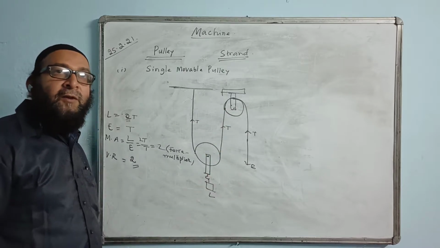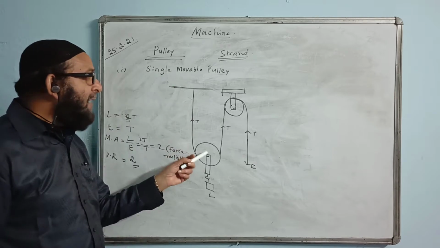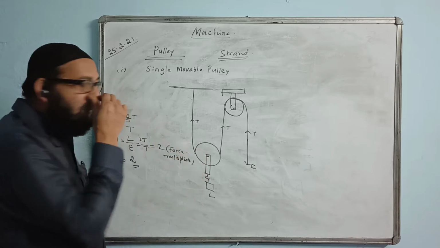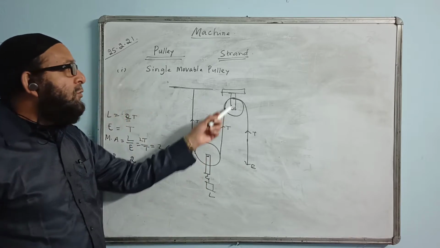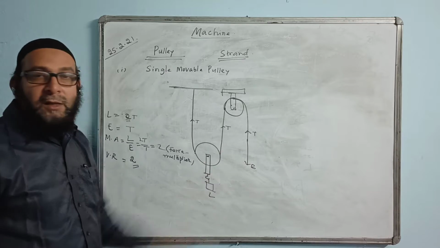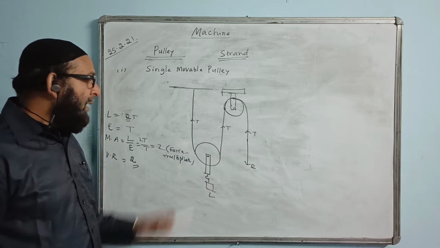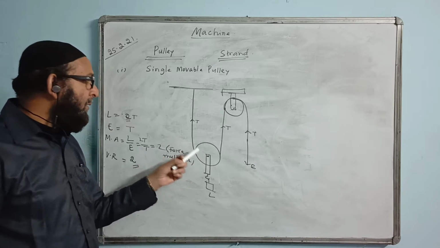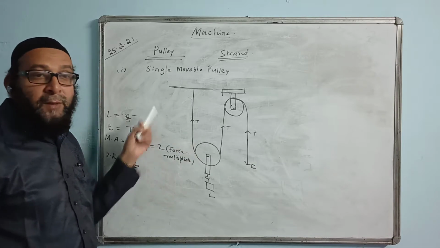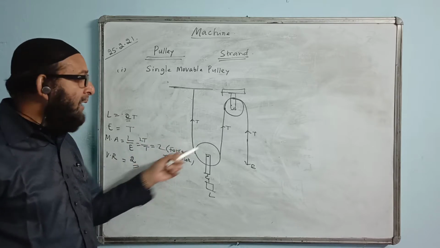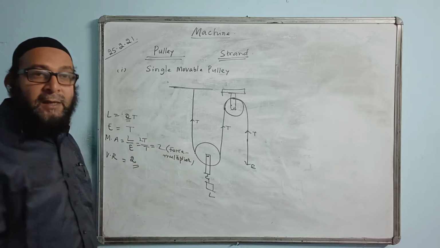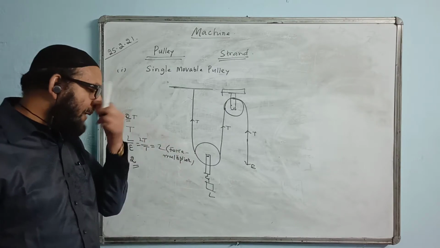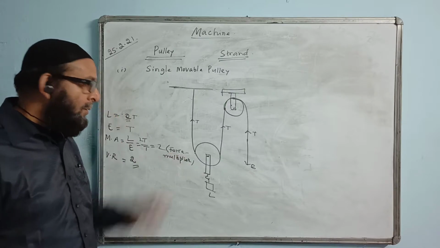So they very often ask why a movable pulley is provided with a fixed pulley. What is the reason we use a fixed pulley along with a movable pulley? The fixed pulley's role is to change the direction of effort to the downward direction, which is convenient. And what is the role of this movable pulley? It makes the pulley behave as a force multiplier machine. It helps us to gain in mechanical advantage. That is, it helps us to apply a lesser effort than the load.